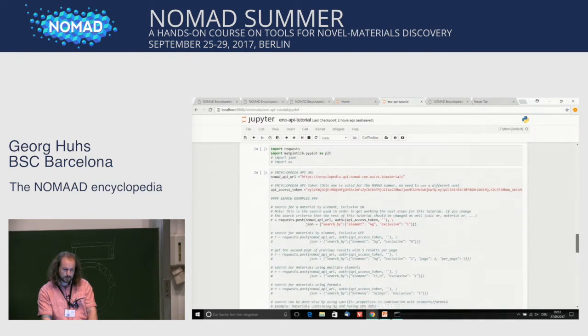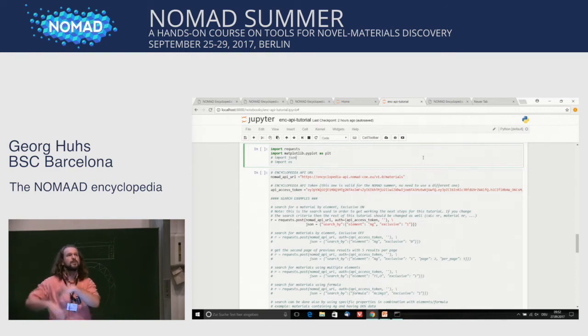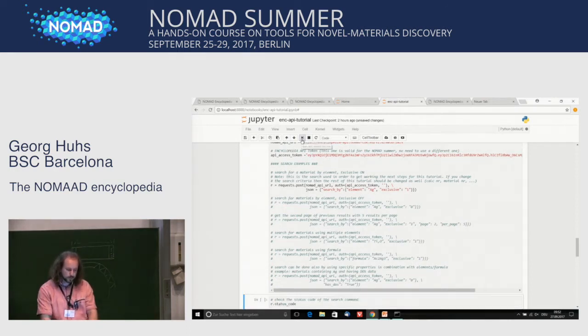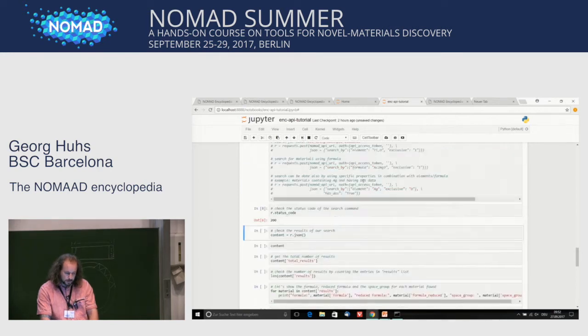And further down, you get input cells. And those, instead of going to the Python console, executing files or whatever, you have all this here. You can say, okay, now I have very basic input. I want to execute this. The cell is executed. We jump to the next one. Here, we jump to the next one. And what we see here,